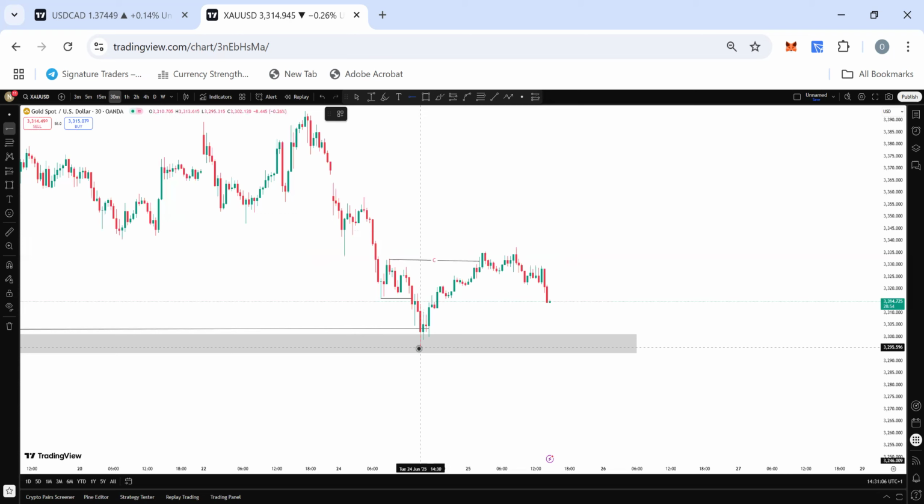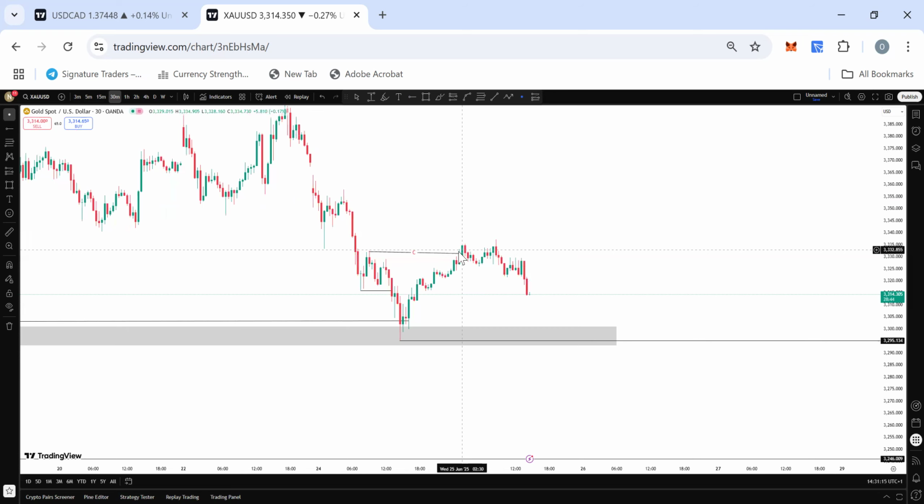Remember, we're actually buying up. This is 4 hours telling us that the overall trend of the market for the week, for the month is actually going in an up direction, as you can see. So now, on the 30 minutes, this becomes a change of character for me. And after this change of character,